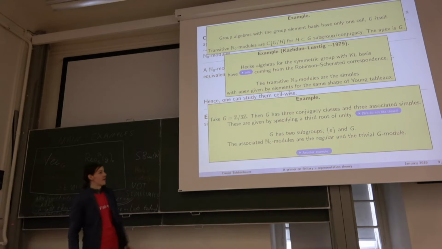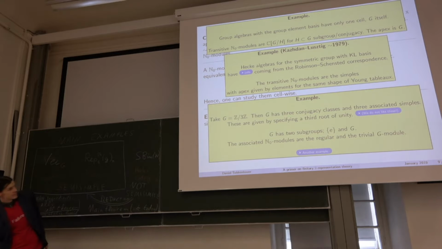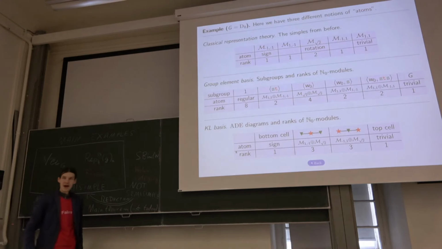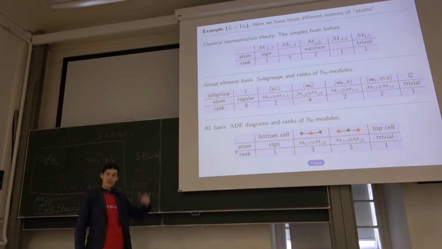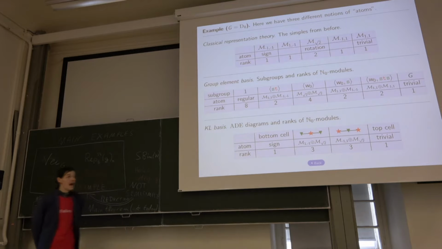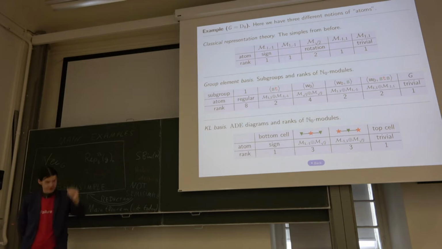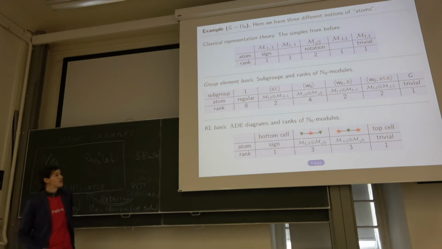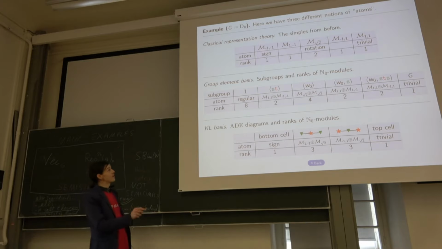Right, so that's what I write. Let me do another example, just to be sure that we are all on the same page. Coming back to my dihedral group, okay? I told you that the choice of basis is extremely crucial, and here you can see it. So in the dihedral group, let me just do the case of D8, okay? You can write down the list of simples. There you go. You can write down the dimensions. You have a sign, this is a rotation one, this is a trivial one.